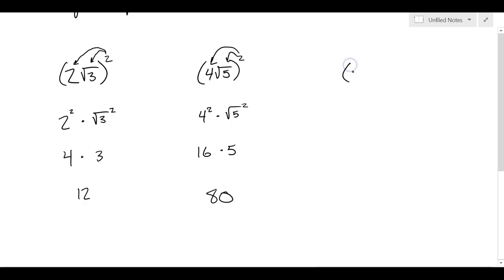One more just so you can see. We'll do 1 radical 15 squared. Well, that's distributing this. 1 squared times radical 15 squared. Oh, it's 1 times 15, which gives me